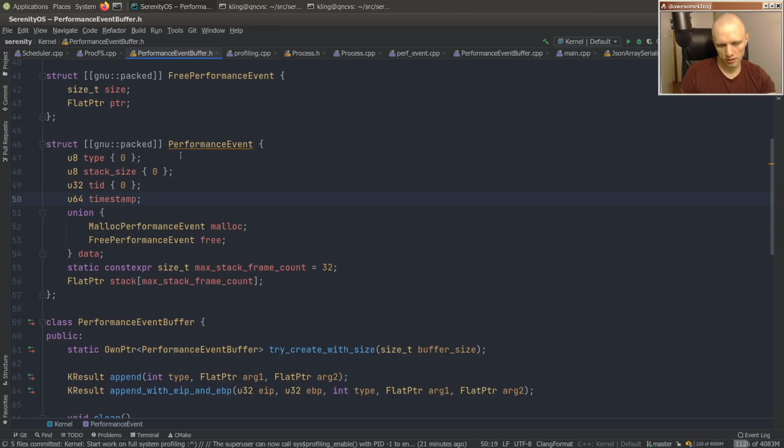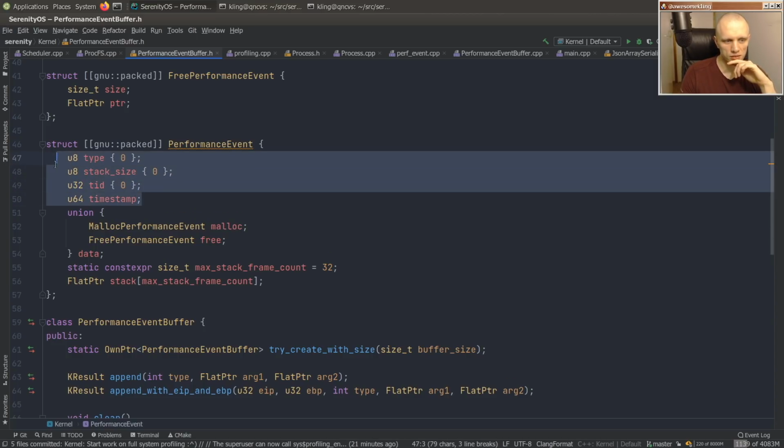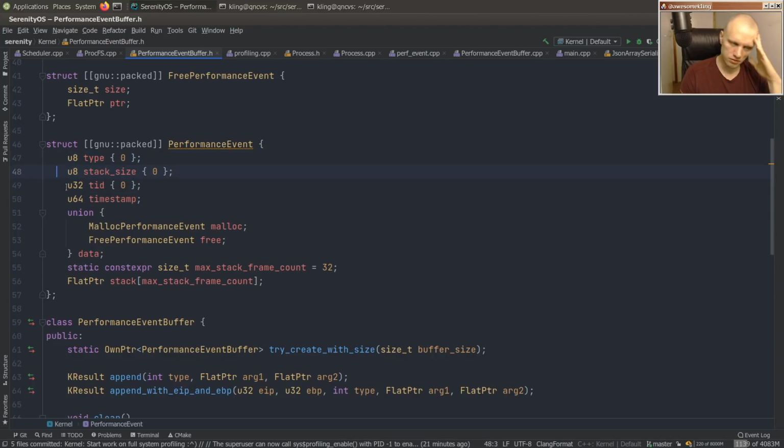Another option, which is terrible, would be to do it every time we capture a stack, but that's just going to be extremely inefficient, way too much work. Another option is that we would just do it when we actually collect the profile, but then we would